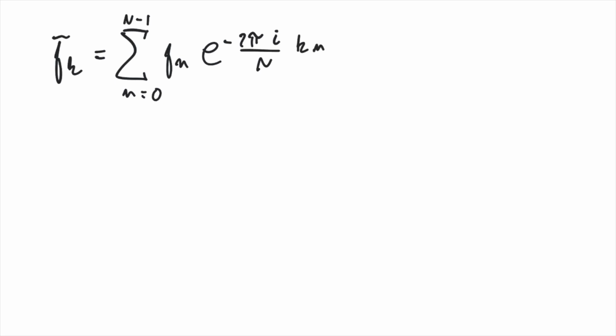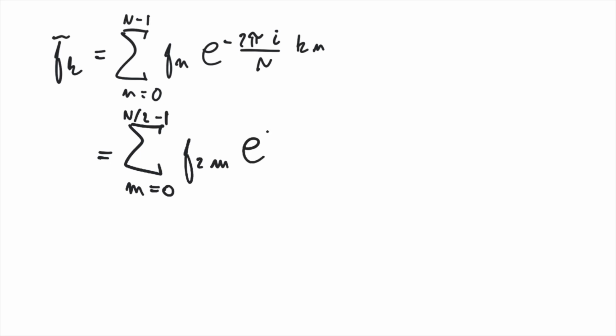Then splitting the even and odd terms, we have that this is equal to the sum up to N over 2 minus 1 of f_2m with an exponential term that is very similar but has N over 2 here, km,